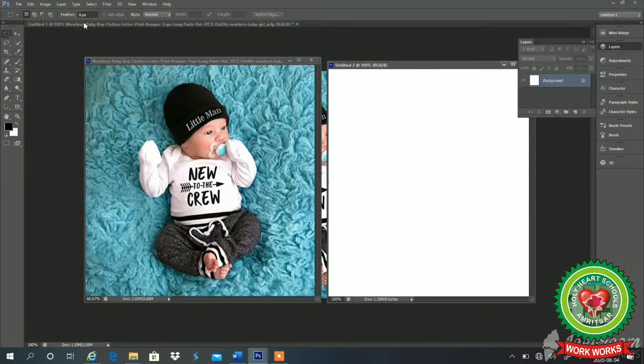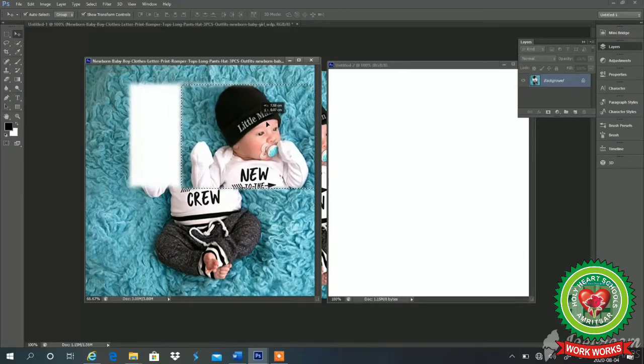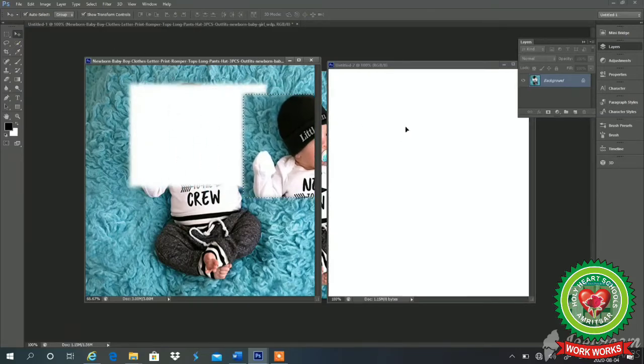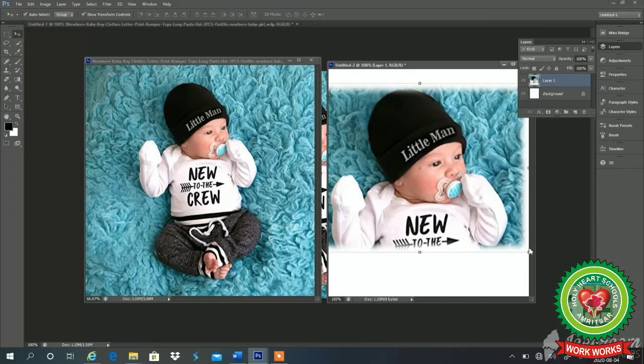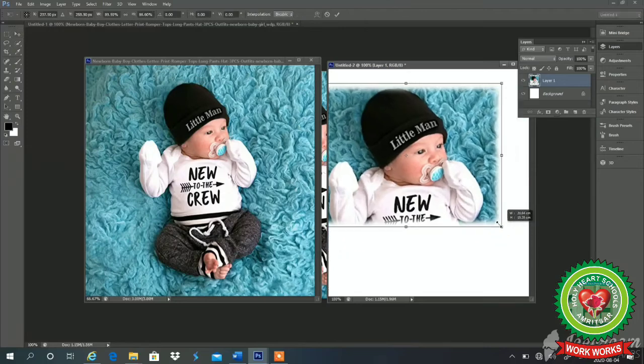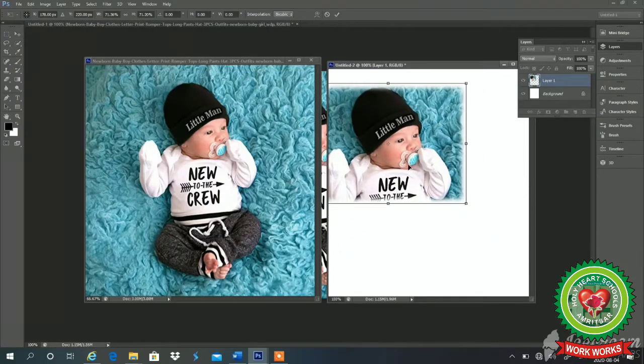And see, when I use this rectangular selection over the image, with the help of this move tool. Move tool is used to move the part of the image. Now hold and drag the mouse and place it on the next image. And here I want to do the size setting. I will drag the handles.